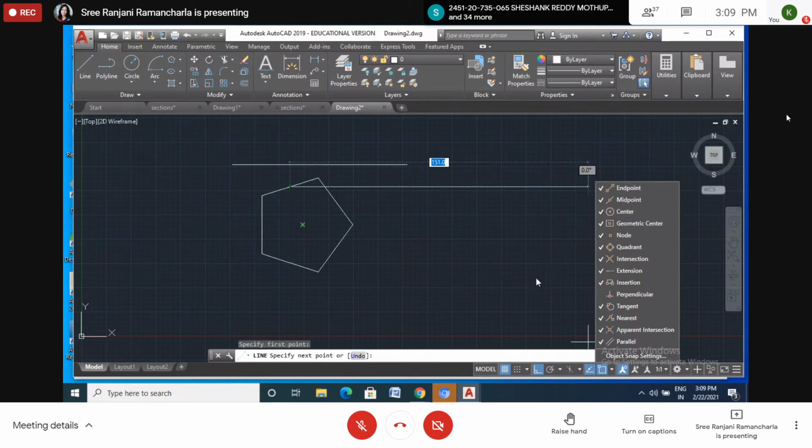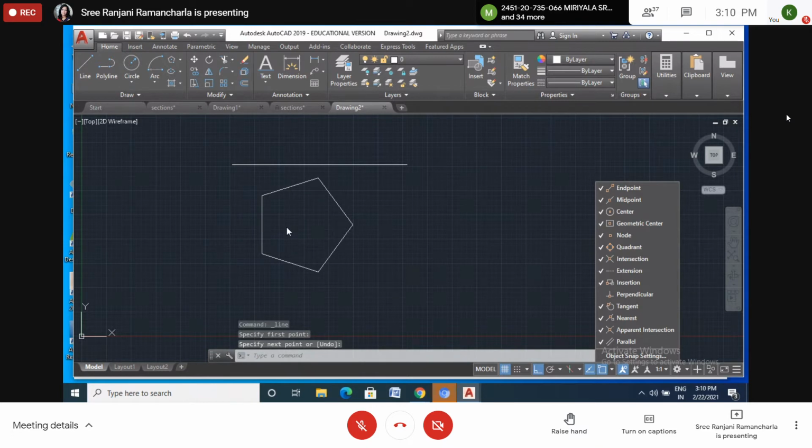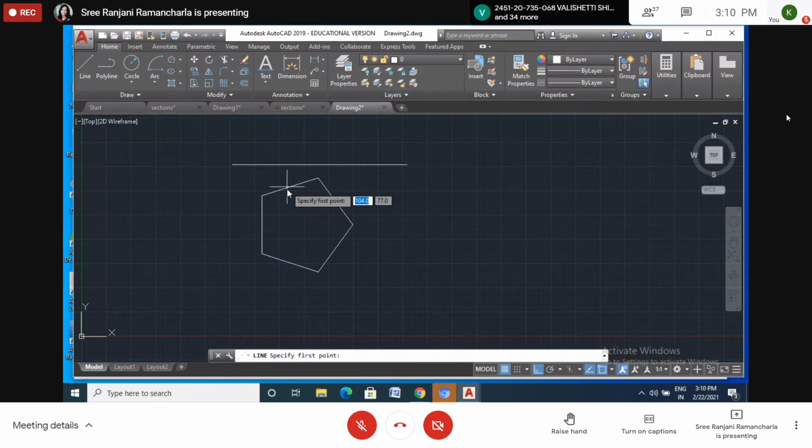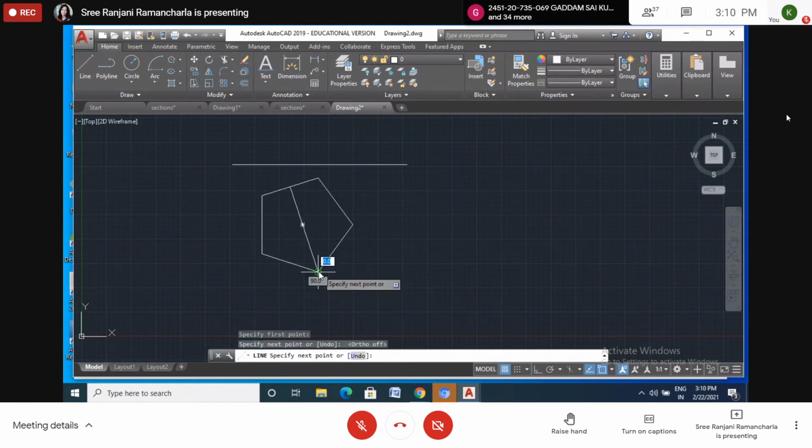Okay. Suppose in manuals you don't know the center point. So how to draw the center point? From here, the perpendicular line of any two sides and another side, center point and perpendicular, like this. So this will become the center point.